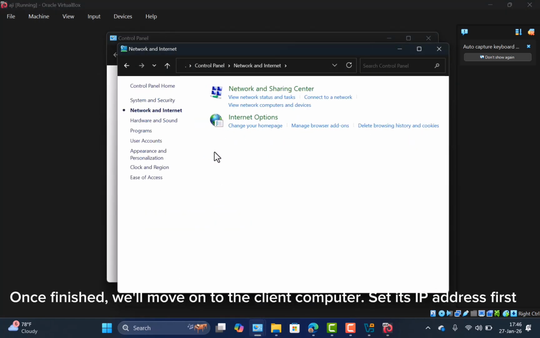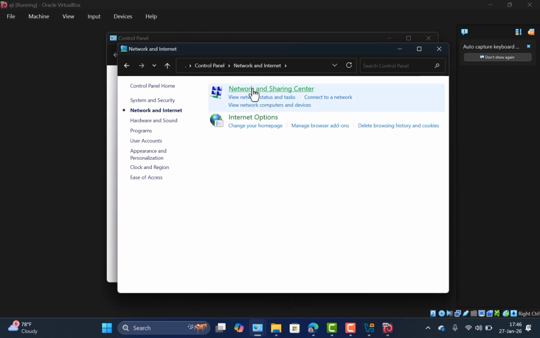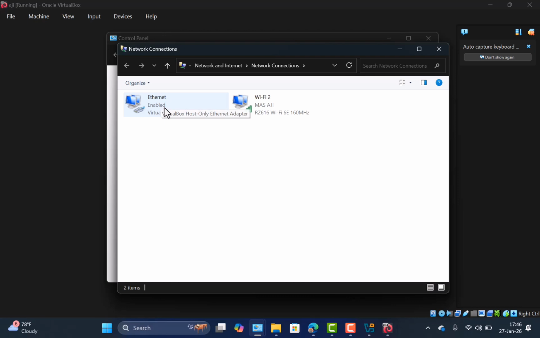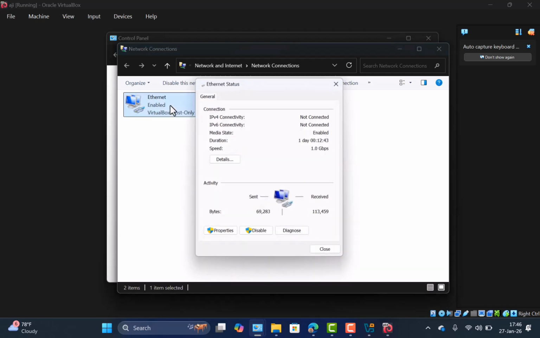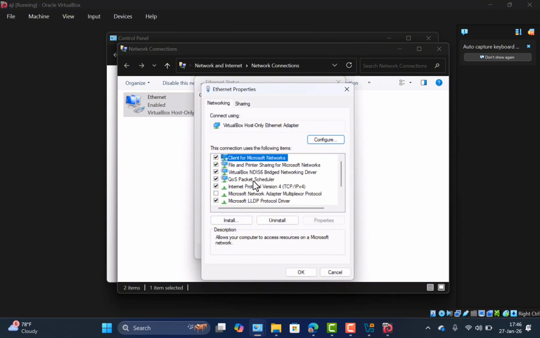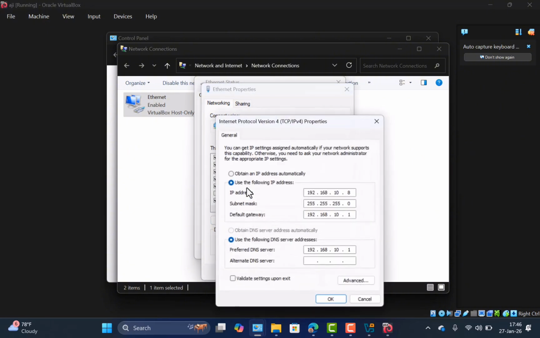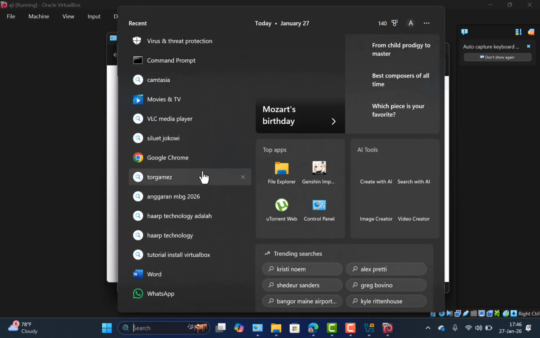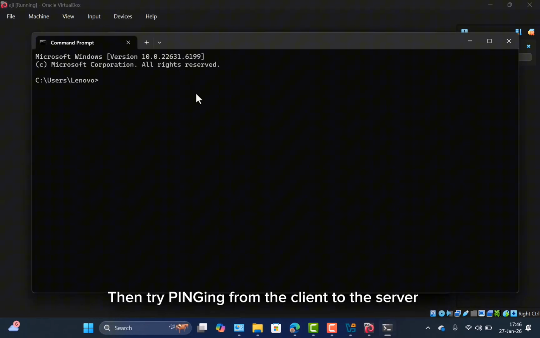Set the IP address first. Then try pinging from the client to the server.